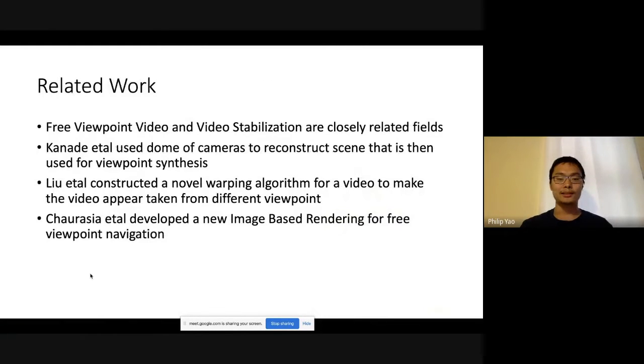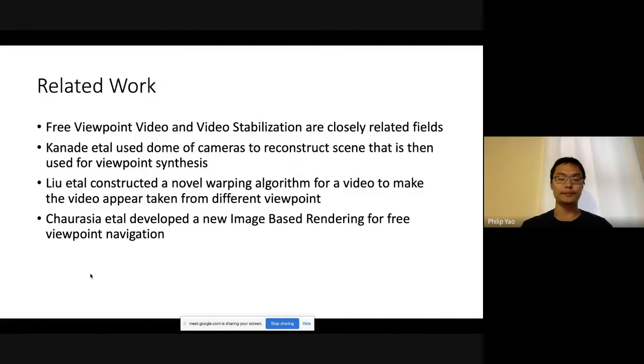Previous work has tackled this problem. It has mainly fallen into two areas: free viewpoint video and video stabilization fields. Kanada et al. used a dome of cameras to reconstruct scenes that are then used for viewpoint synthesis. The scenes that were reconstructed were very high definition, but required very high-tech equipment and many cameras, which is very